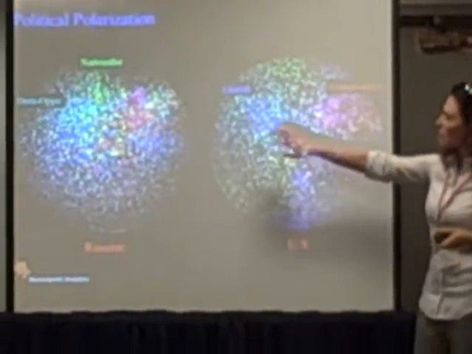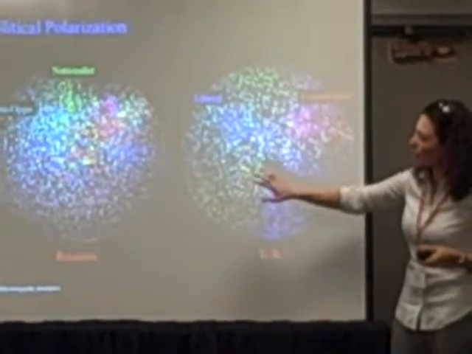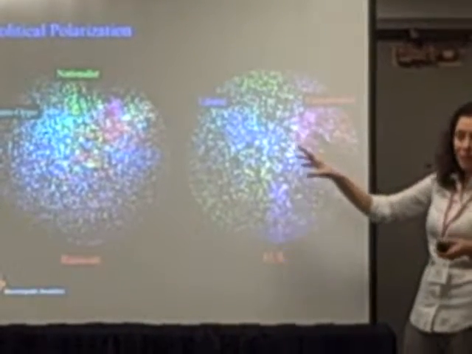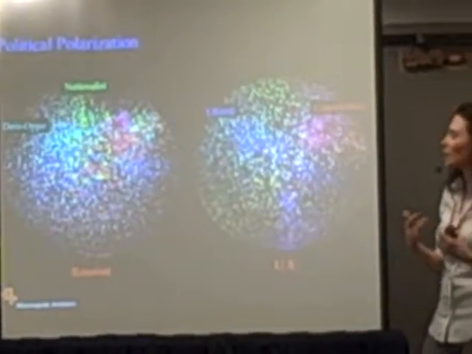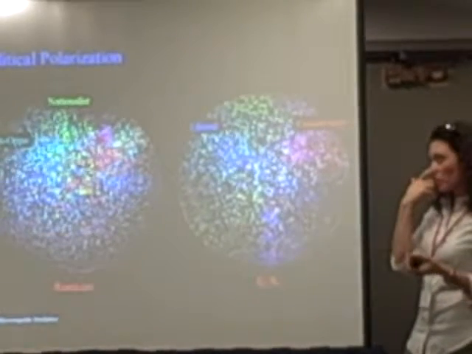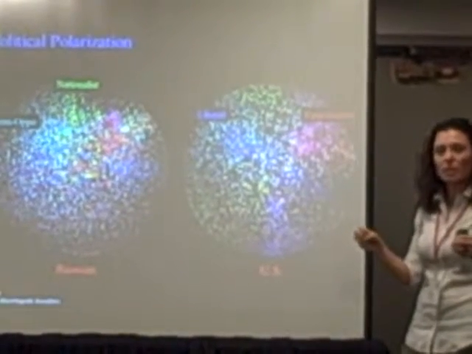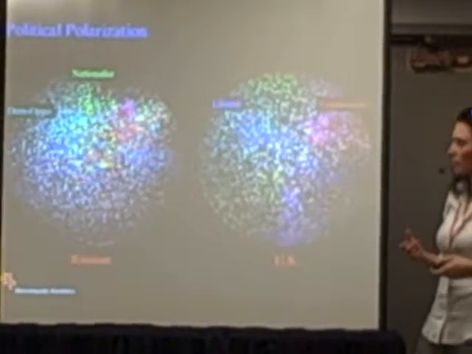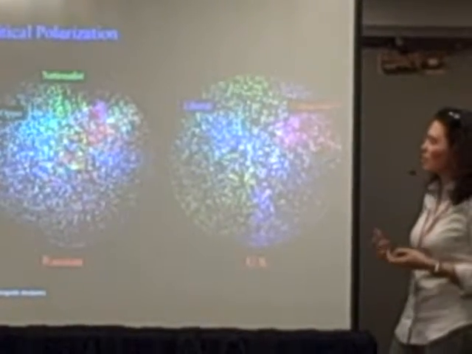This is the liberal and conservative political groups of the US blogosphere. In Russia, we found that the groups are more intertwined. What we're thinking is that people are listening to each other more, or there's more discussion. There's a variety of theories for why this is so. Maybe because those groups aren't so entrenched. Maybe because there's something culturally about the desire to talk to the opposition or hear about the opposition or just say that you're kind of